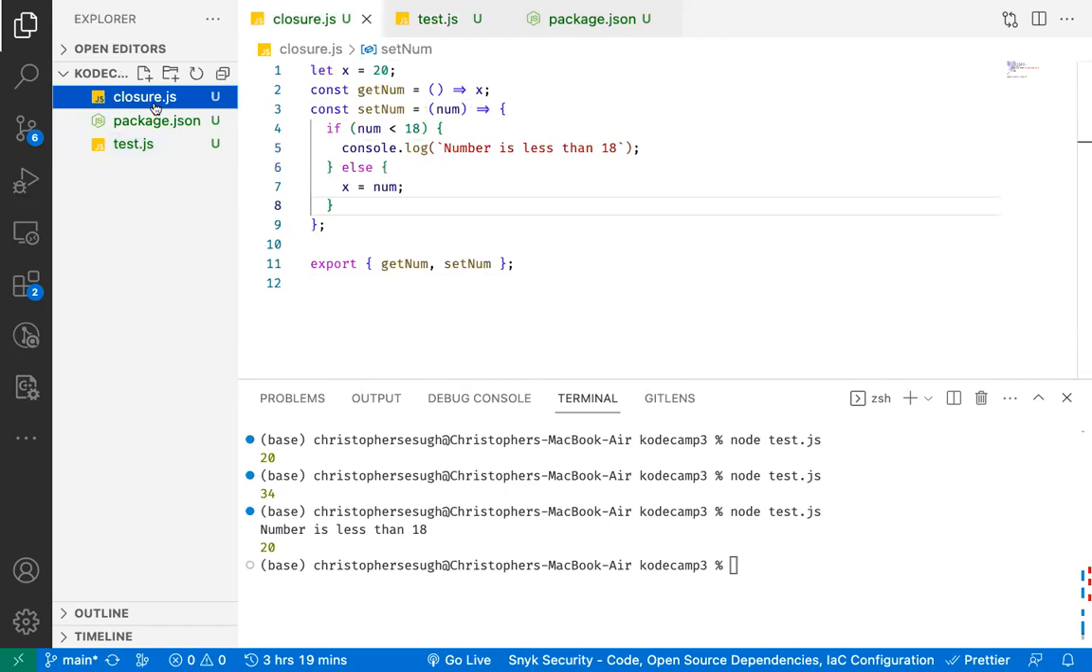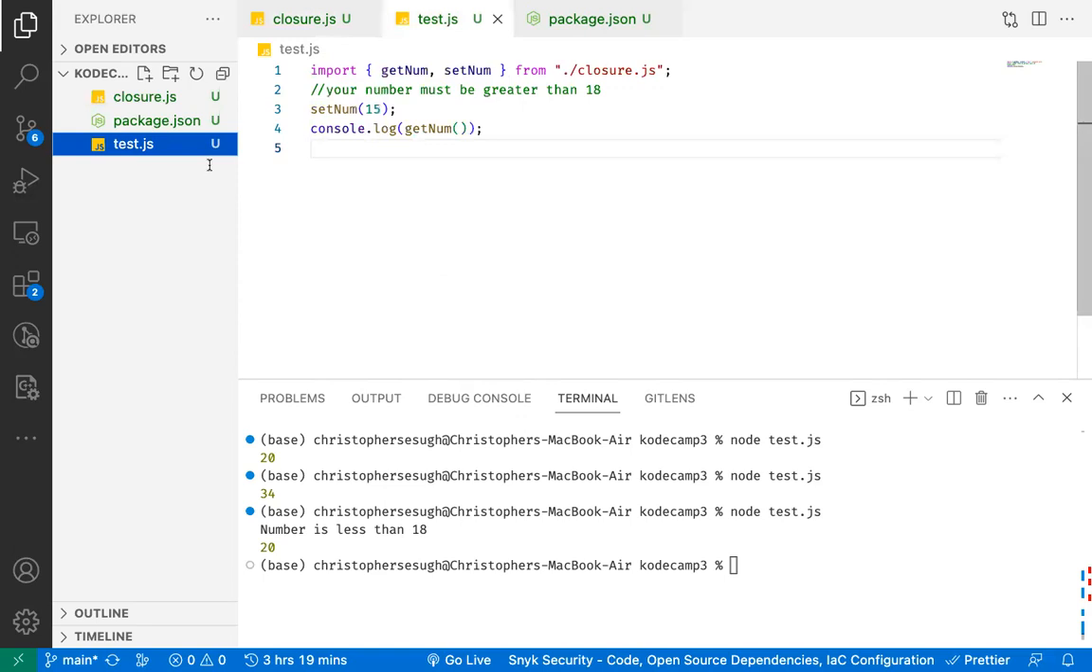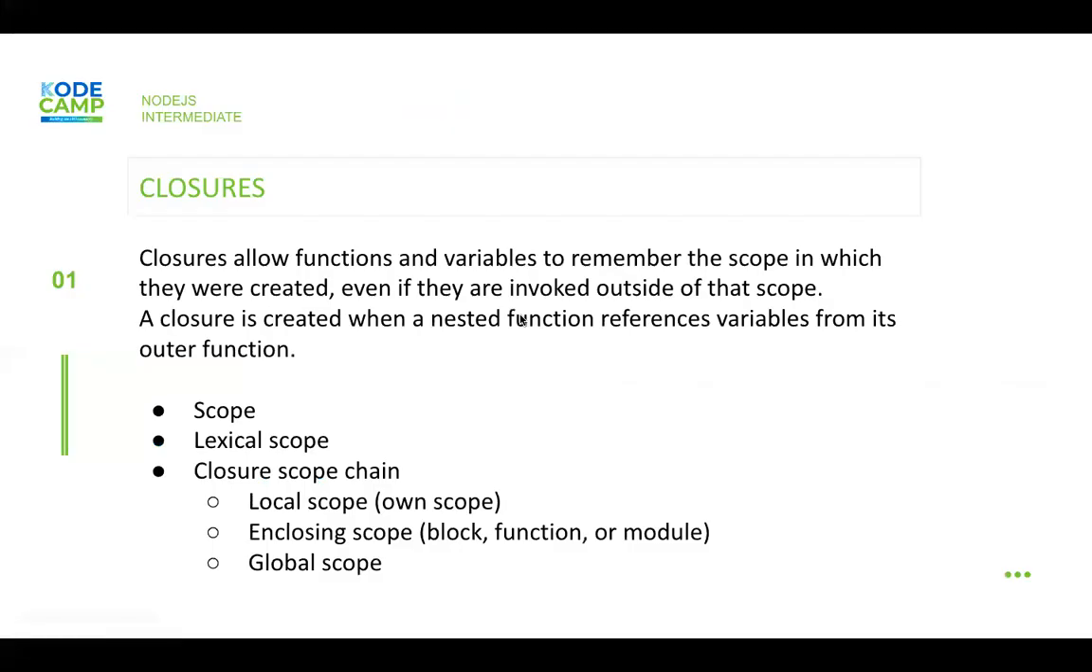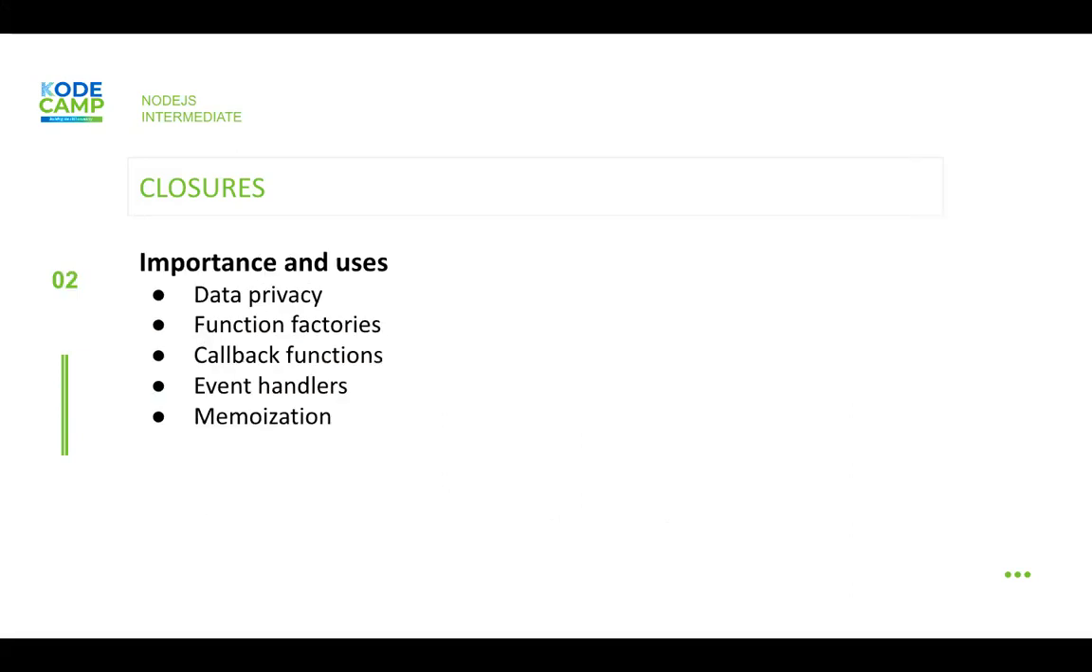So this is just the uses of closures in modules to expose some functionalities to the users, but not all of your implementation details and all of that. So understanding the scope, the lexical scope, the closure scope chain, and the block scope, functional scope, or module, we'll jump into importance and uses of